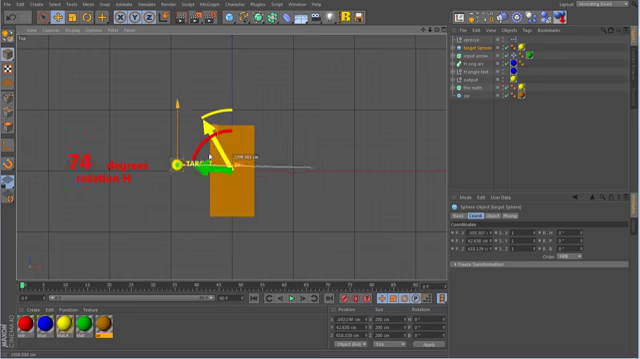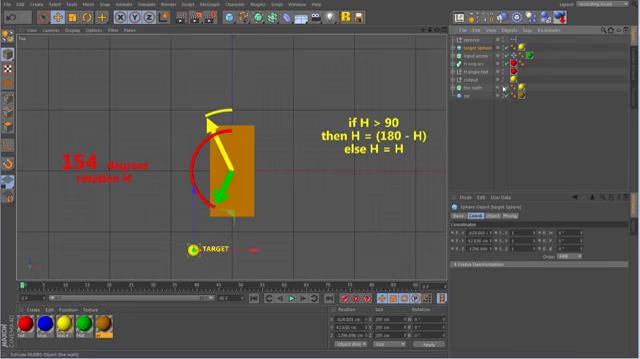Now I've got this written out in English, so to speak. Now this isn't code or anything. This is what you might call pseudo code. This isn't any kind of programming language. It's just written out in English. And here's what we've got to implement in XPresso. If the header angle is greater than 90 degrees, then use 180